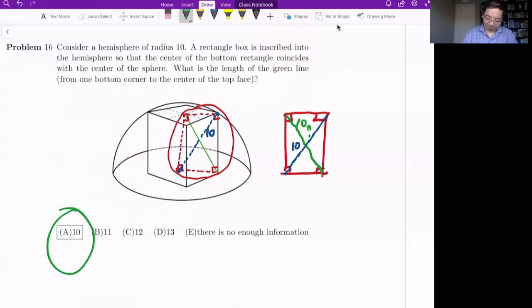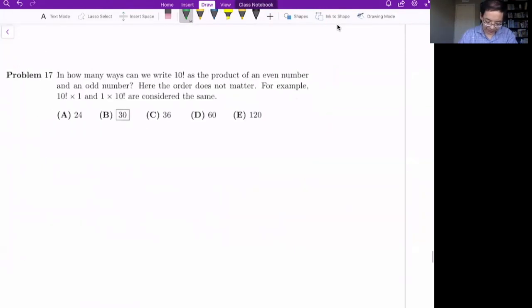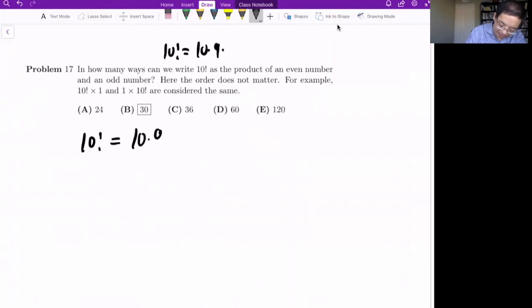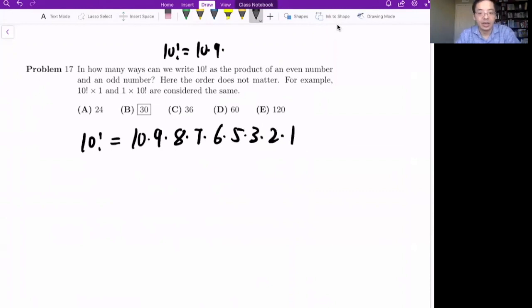Okay. Now let's look at problem 17. We want to write 10 factorial. Let's recall 10 factorial is what? It is 10 times 9 times 8 times 7 times 6 times 5 times 3 times 2 times 1, right? We want to find the ways that this can be written as the product of